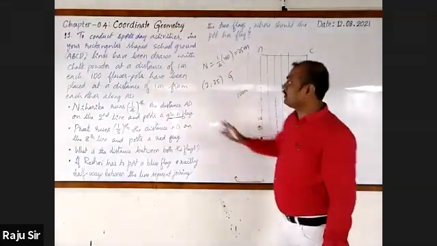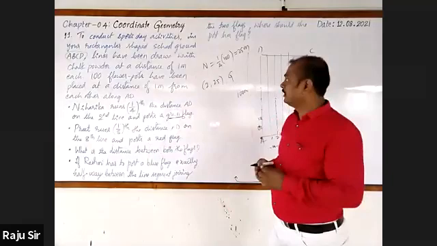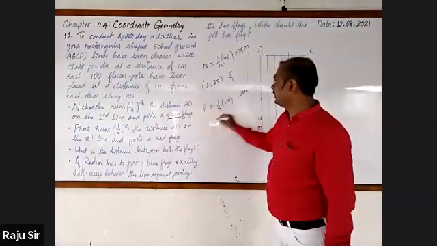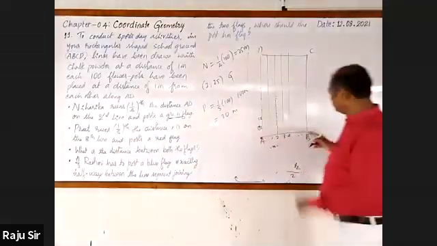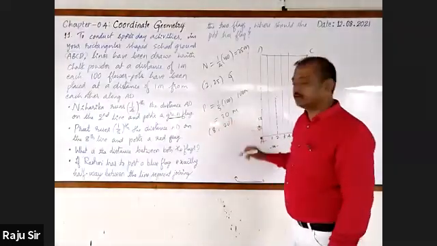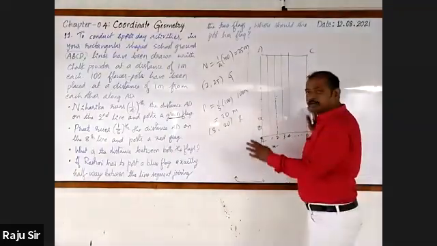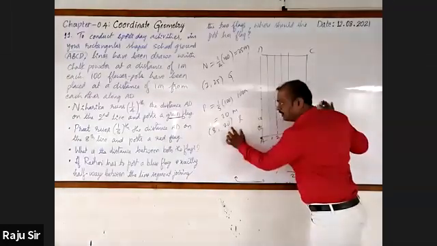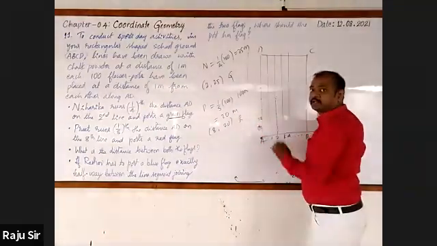Next, Preet runs 1/5 the distance AD. What is the distance covered by Preet? Very good. 1/5 into 100, that is 20 meters. On which line does he move? The eighth line. So the coordinates are 8,20. And he has posted a red flag. Preet has moved on the 8th line and covers a distance of 20 meters. At that place, we will go for placing the red color flag.